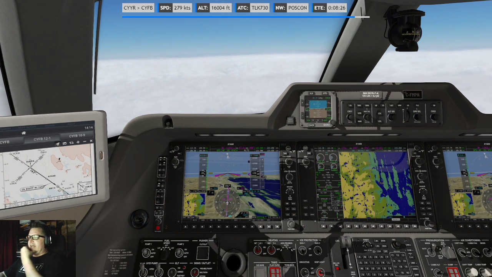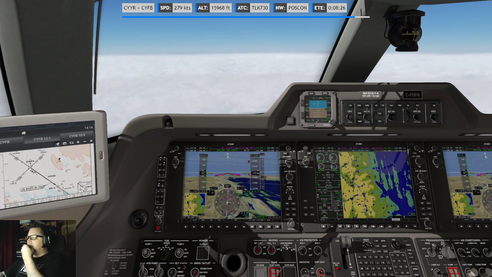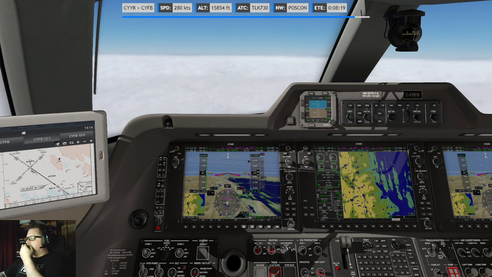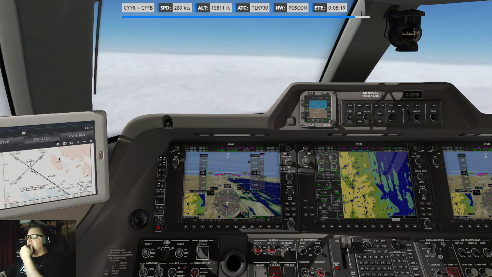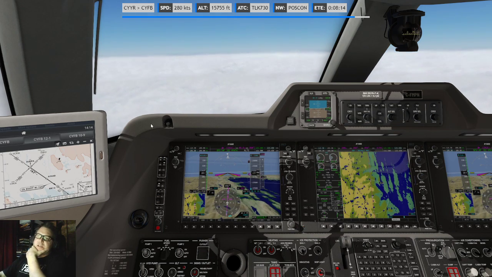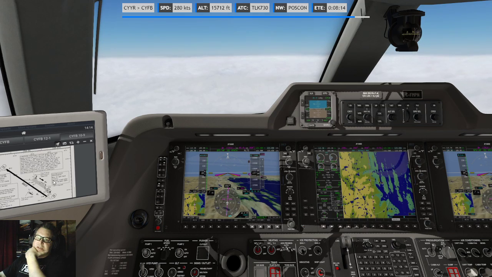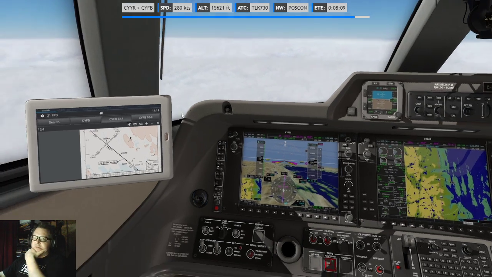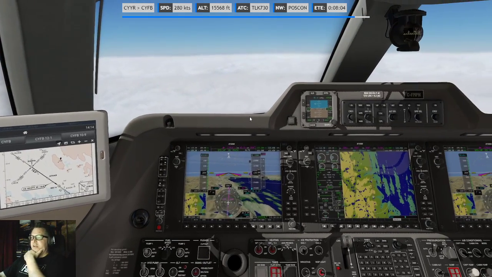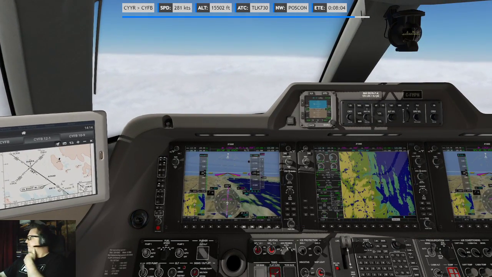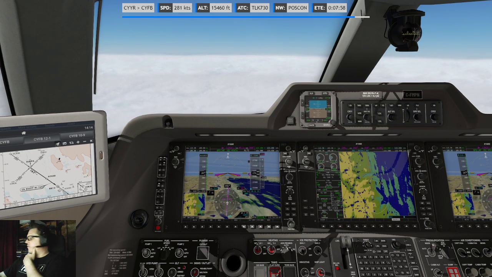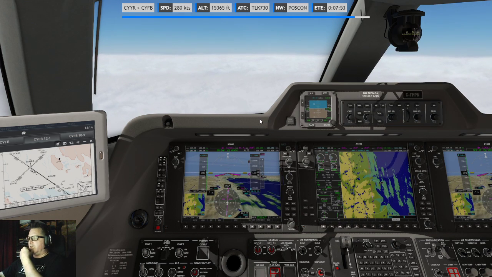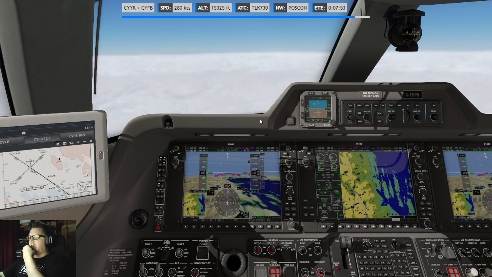Man, if I would have landed with this crazy of a tailwind, that would have been weird. I probably could have done it because it's fairly big. How big is the runway again? 8,600. It's not super huge, but you know. Oh man, the frames are really taking a crap. Am I ghosted or anything? No, I'm not ghosted, so not. I'm still above 20 frames a second, barely. But the winds, man.